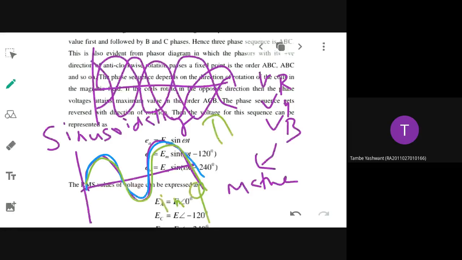Phase. They are not sticking. Out of phase or in phase? They are not in phase. They are out of phase. Okay, so out of phase by how much degree? A 120-degree difference they will be having between each. Now you people understood why the mathematical equations are coming into effect?